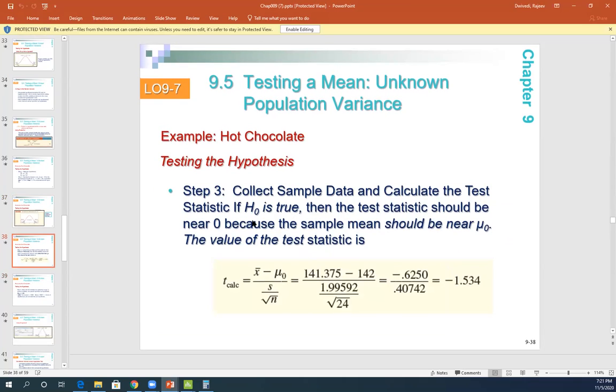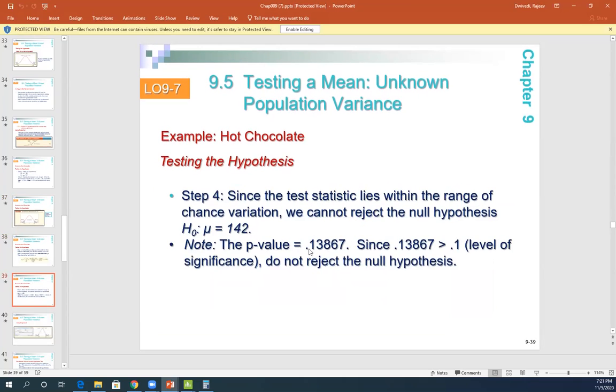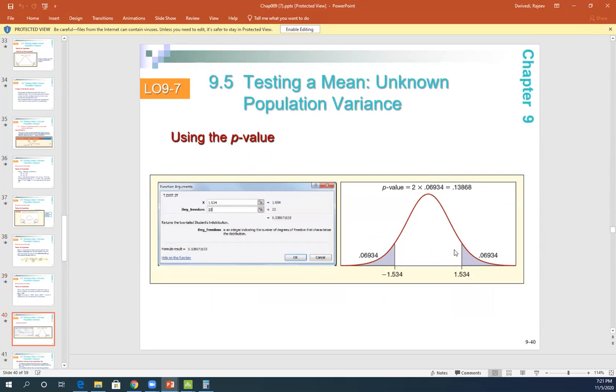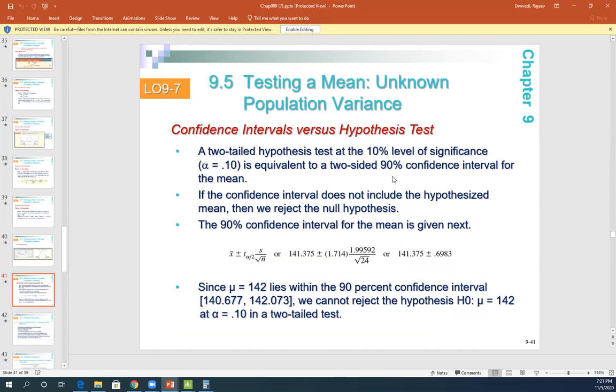That means, since the test statistic lies within the range of chance variation, we cannot reject the null hypothesis. P-value is 13% and alpha value is 10%. So,